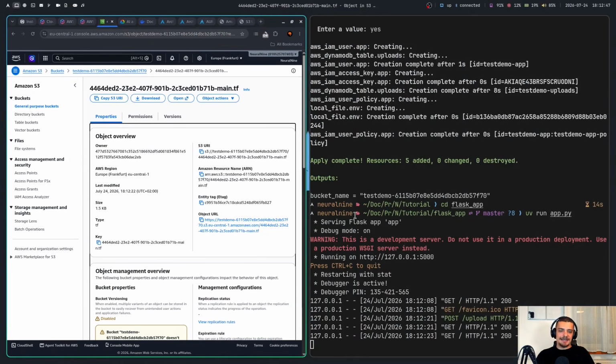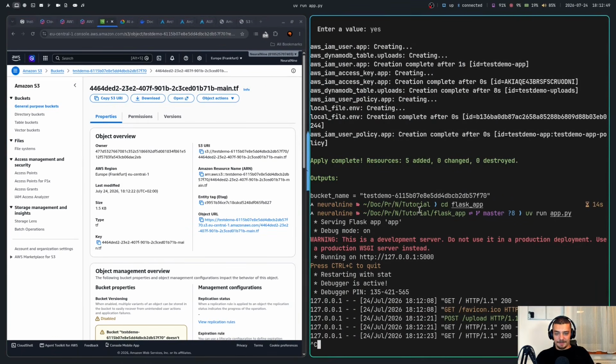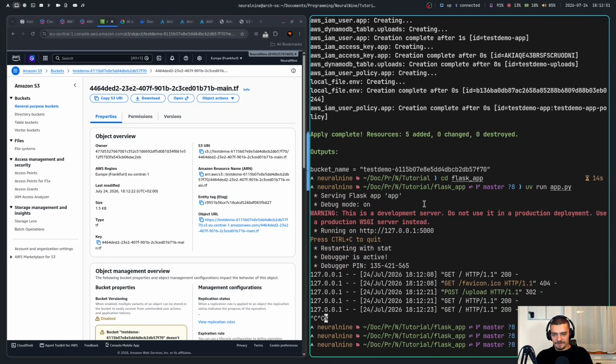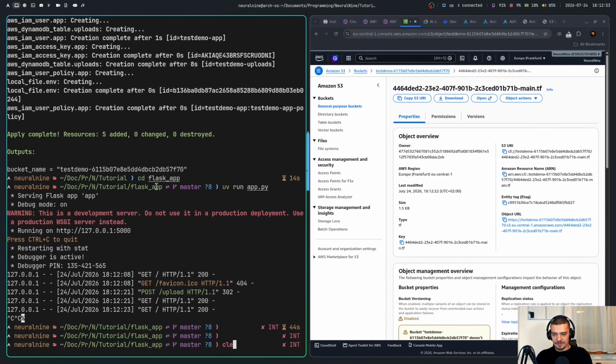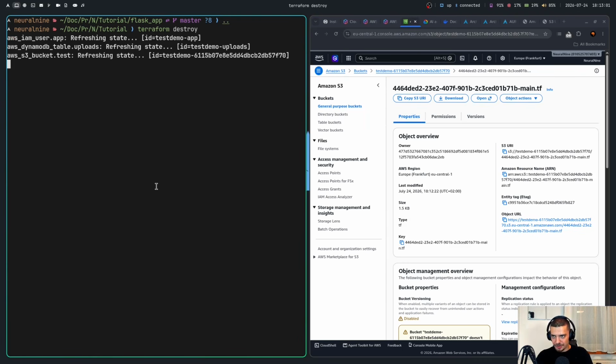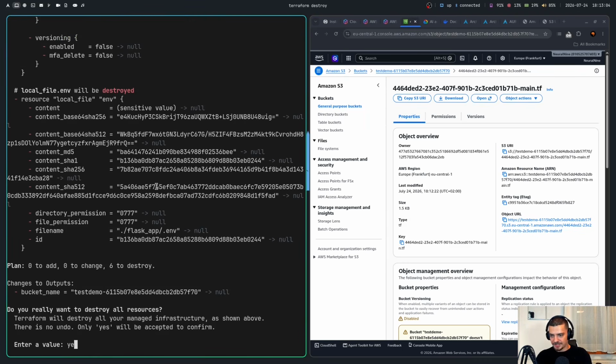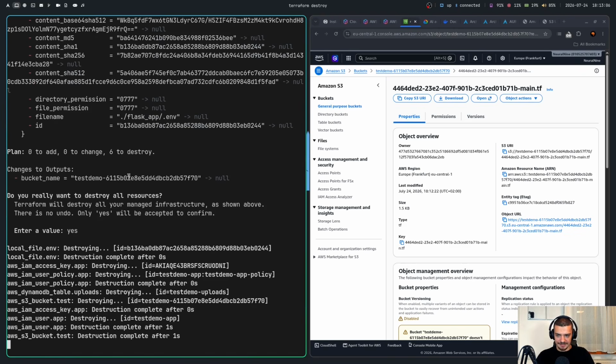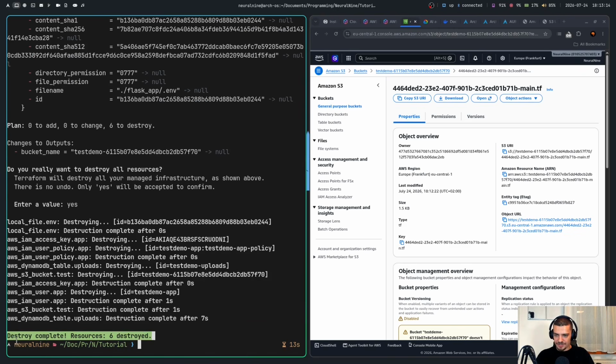This is how you can easily spin all of this up. And the best thing is, if you no longer need it, or if someone else needs to reproduce it, they can also do this. But if you no longer need it, you can say terraform destroy, and everything's gone. All the buckets, all the databases, all the users, no longer needed, destroyed. Just a yes, and there you go, everything's clean again. As you can see, 6 resources destroyed.